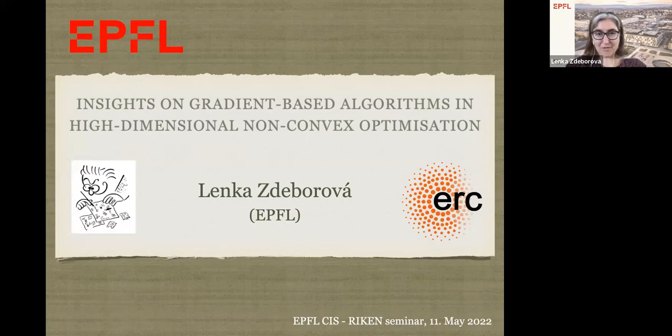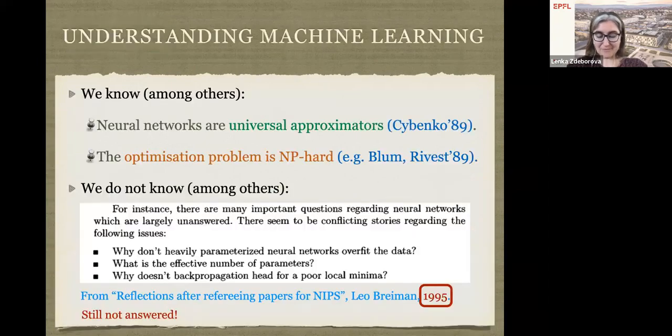So as usual, I will start with basically motivation, that is, in a sense, understanding what's going on in machine learning, on deep learning in particular. So we have one big good news and one big bad news in the learning theory: on one hand, neural networks are universal approximators, but on the other hand, the optimization problem is NP-hard in the worst cases. And so that raises the question, how comes that in practice it actually works, and where exactly theoretically does it come from?